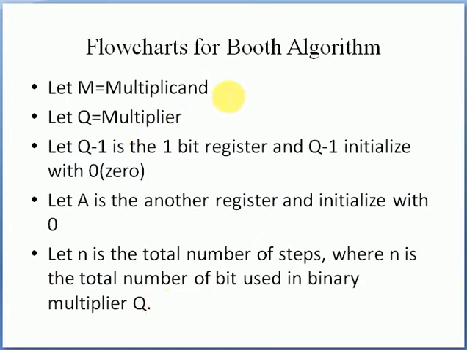Now for the flowchart we have to remember some terms. Let M equal the multiplicand, suppose M is the multiplicand and Q is the multiplier, and let Q minus 1 be a 1 bit register, initialized with 0, and A is another register which is also initialized with 0, in the initial conditions. Let n be the total number of steps, or you can say the count, where n is the total number of bits used in the binary multiplier Q. Okay,